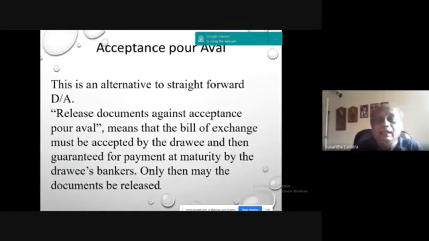Acceptance for aval or avalization. This is an alternative to straightforward DA. In a normal straightforward DA, we say accepted and on the due date we will pay. If the customer doesn't pay, we will inform the remitting bank. But under